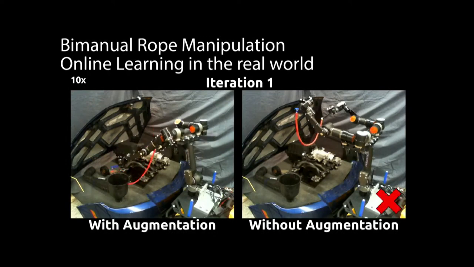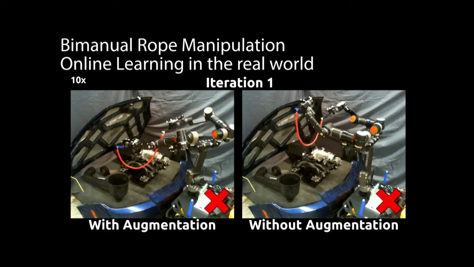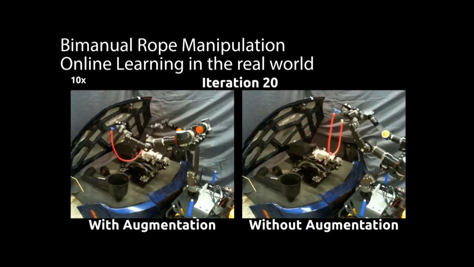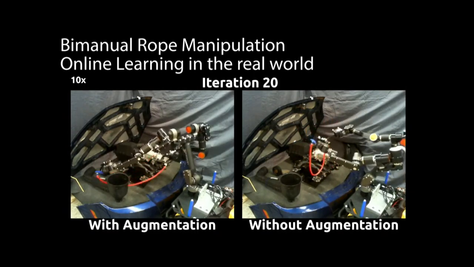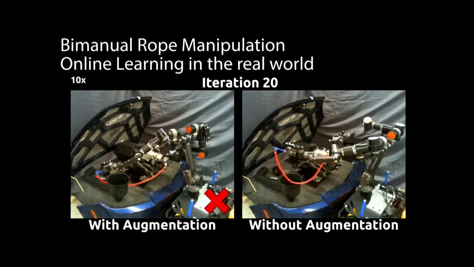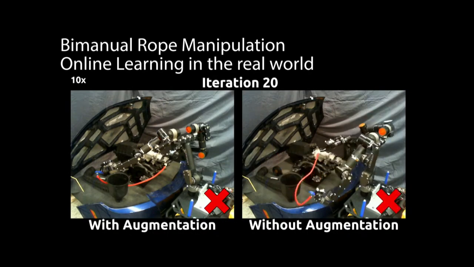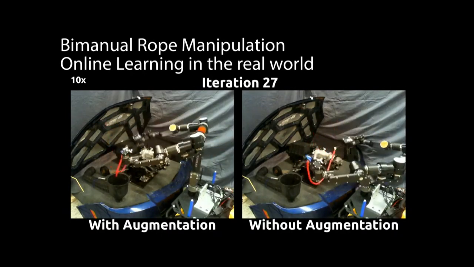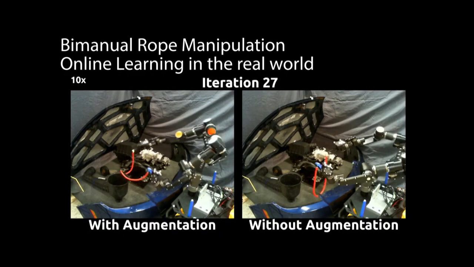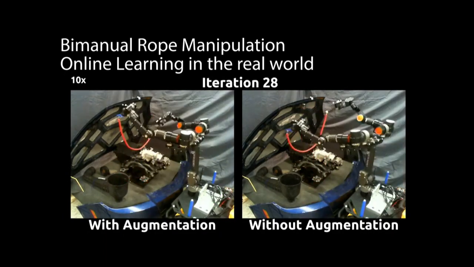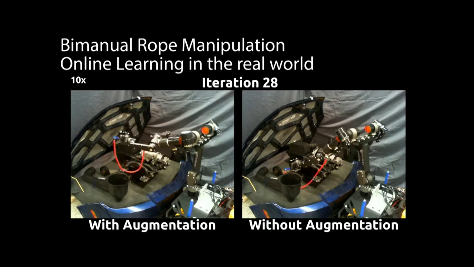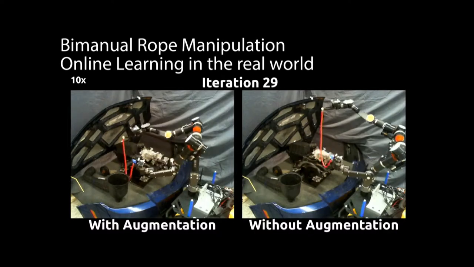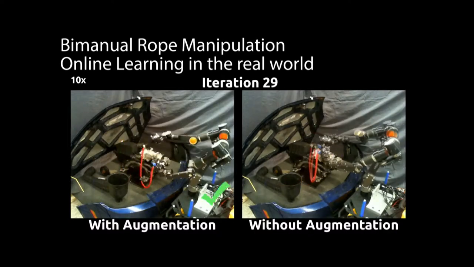Finally, we also evaluated our method on bimanual rope manipulation in the real world. The scene here is a mock-up of a car engine bay. The robot must move the rope and place it under the engine without snagging it to set up for lifting the engine. To track the rope, we use CDCPD2. We ran 30 iterations of learning, then froze the models for evaluation. Without augmentation, it succeeded in 7 out of 26 trials, and with augmentation, the robot successfully placed the rope under the engine in 13 out of 26 trials.